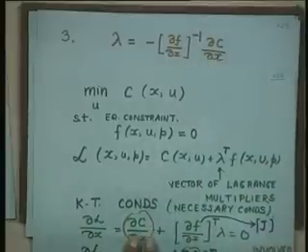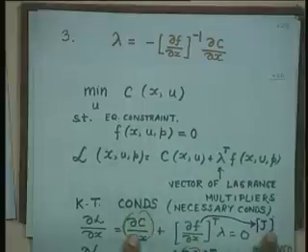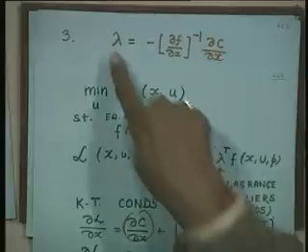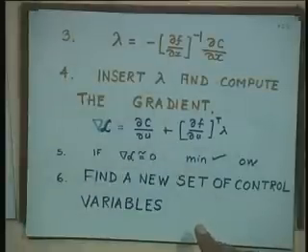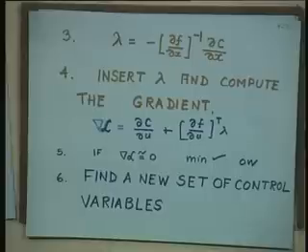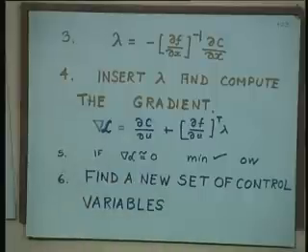Find out lambda from one of those equations, this equation and this equation. Lambda converts, send this to the right hand side, so minus sign will come, take the inverse of this and multiply it, you get lambda. Is it alright? From here you get this. Insert lambda in the second equation. Third equation is no use, it gives me the same good old equality constraint. So from the first equation you find out lambda, substitute into the second equation to get the gradient,